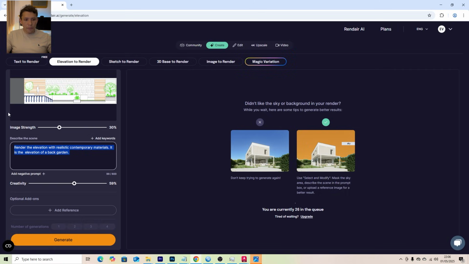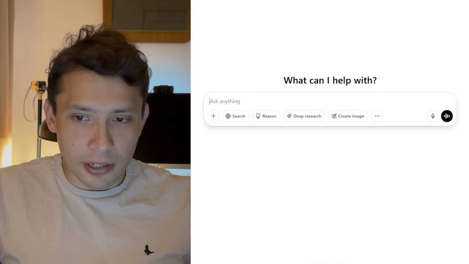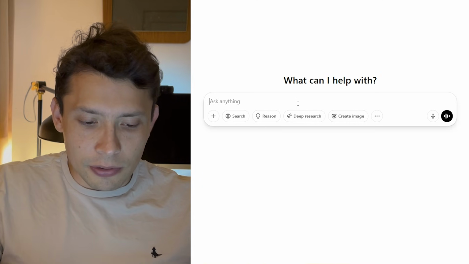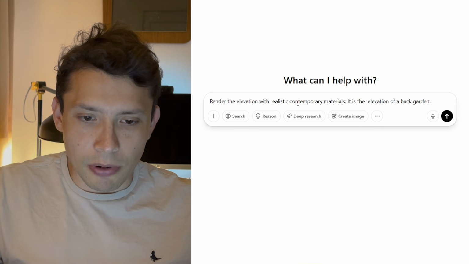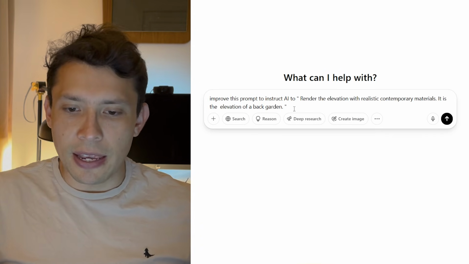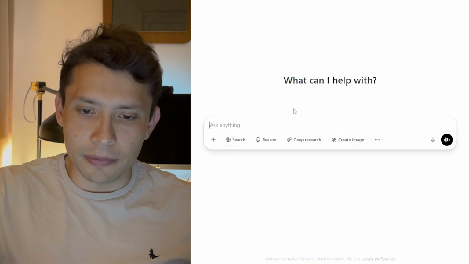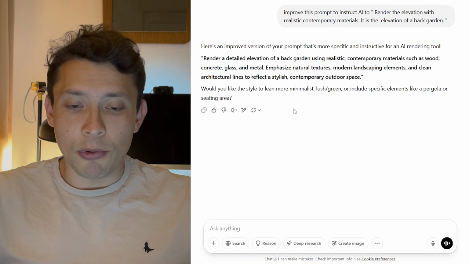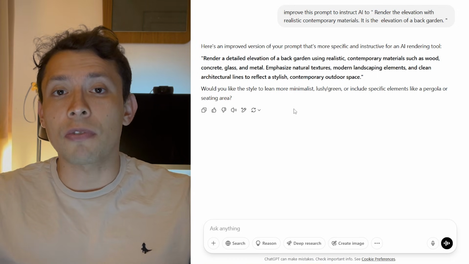I am going to copy this prompt, and I am going to go to ChatGPT, and I'm going to tell ChatGPT to improve the actual prompt. Improve this prompt to instruct AI to render the elevation with realistic contemporary materials. It is an elevation of a back garden. ChatGPT is providing us with a more detailed prompt that is going to help us to instruct Rendair in a